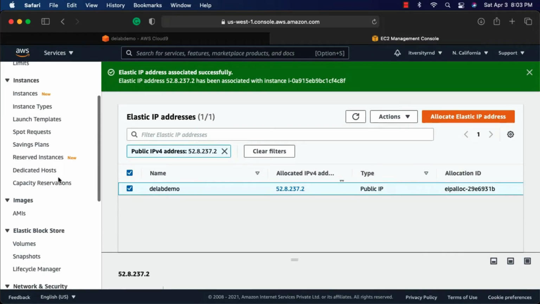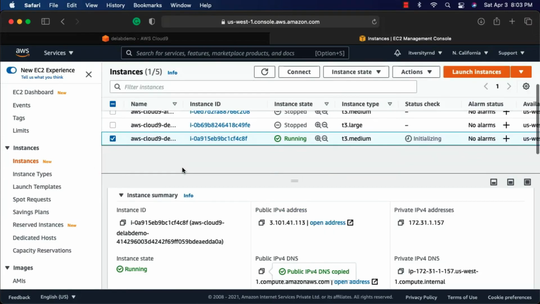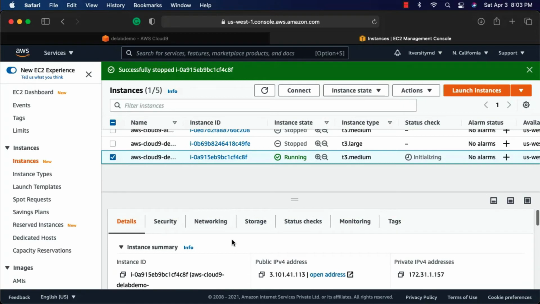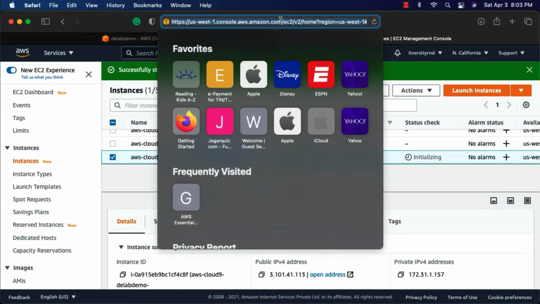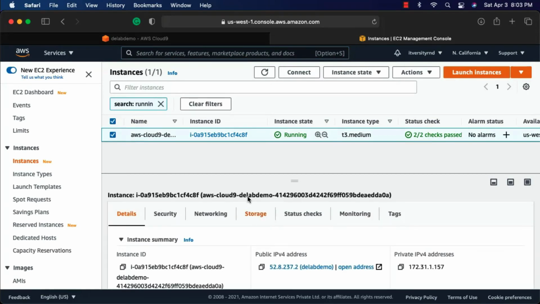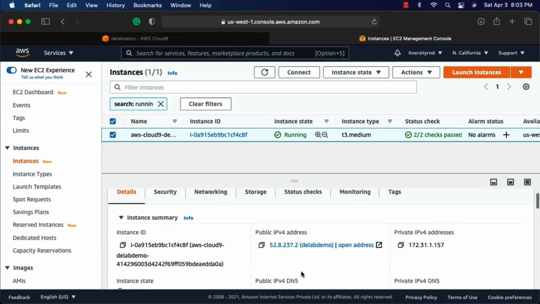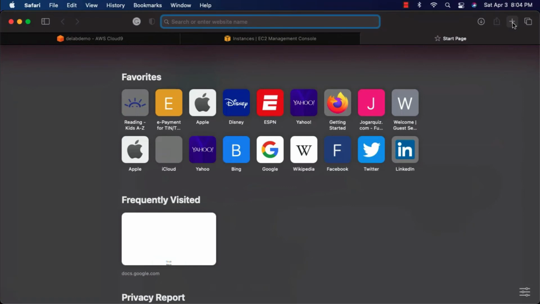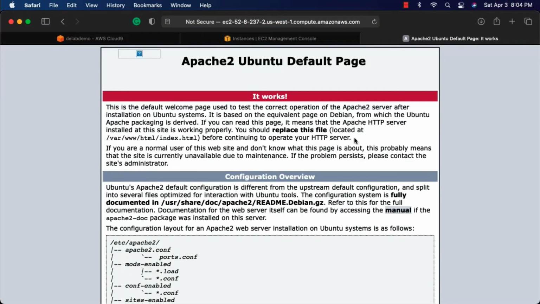Now we can actually go to instances here. Let's choose this instance and then scroll up here. Let's refresh this. We need to refresh this here. It is still showing the old public IPv4 address. Now you should be able to see the new public IPv4 address for this instance. You can see here. Now we can click on this and then open the tab, or you can also open a private window and then say http://, paste and hit enter. Now you can access the web service using this DNS alias.